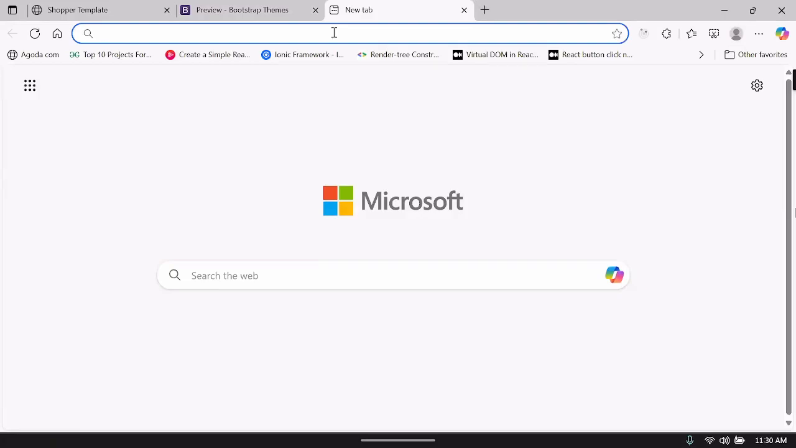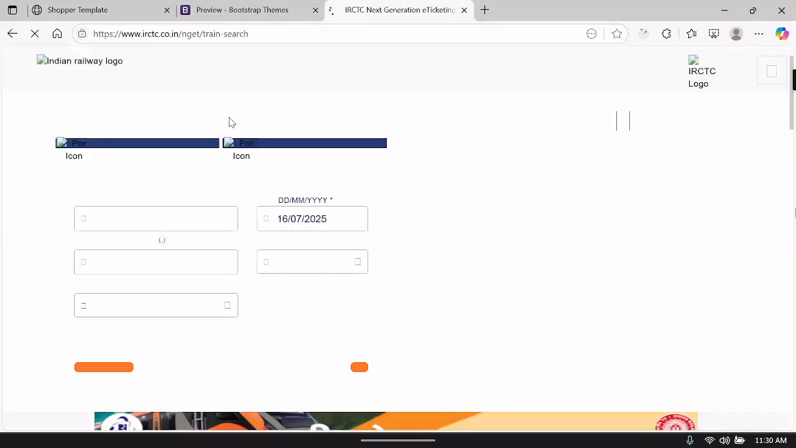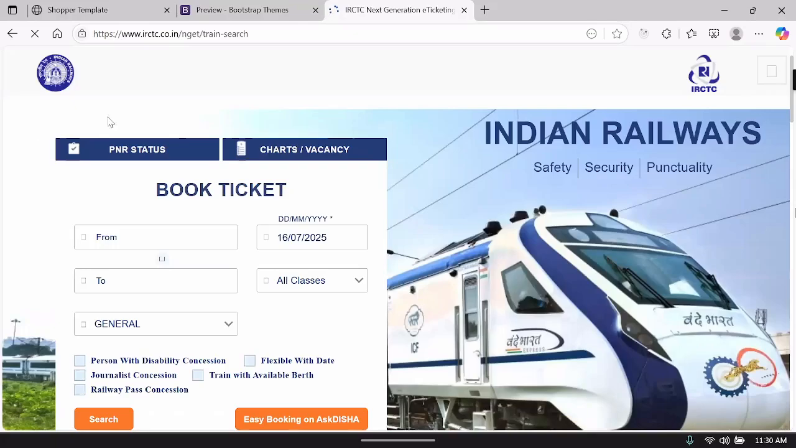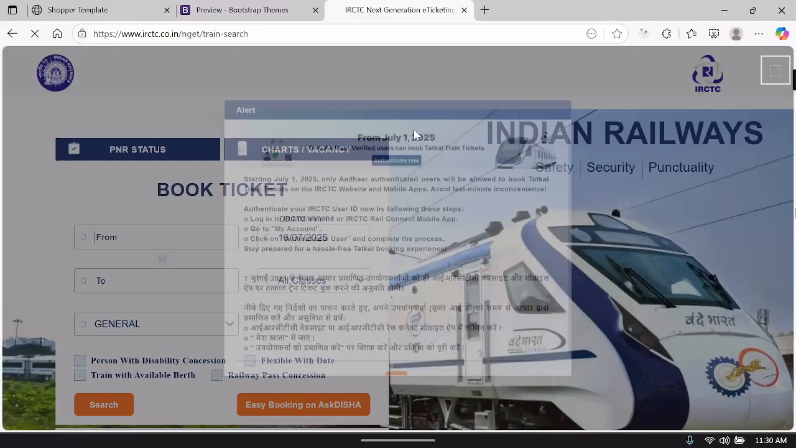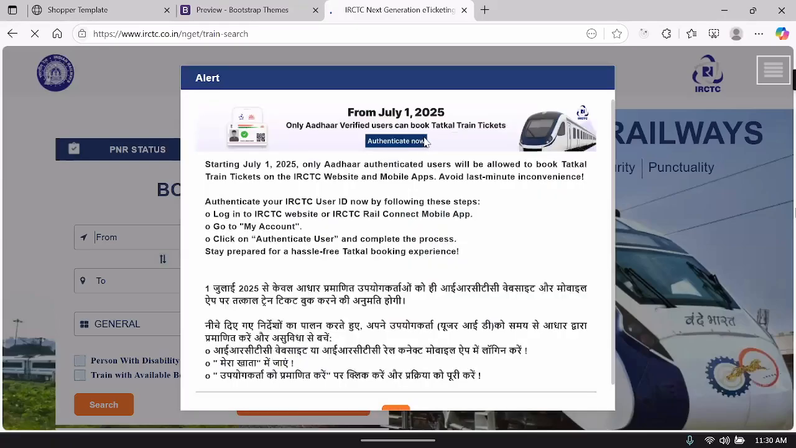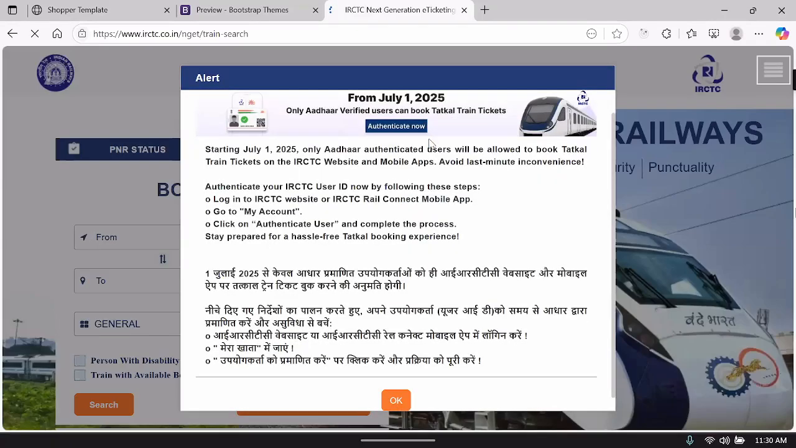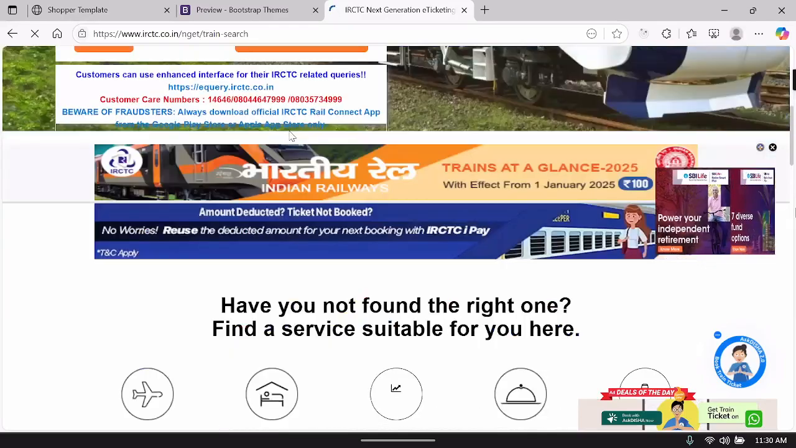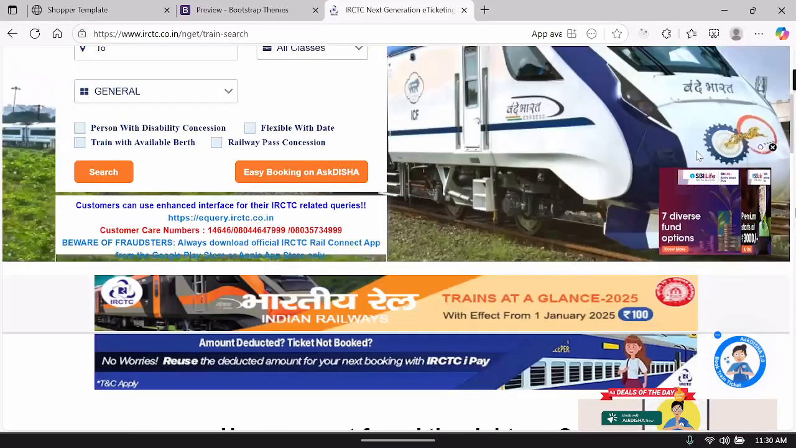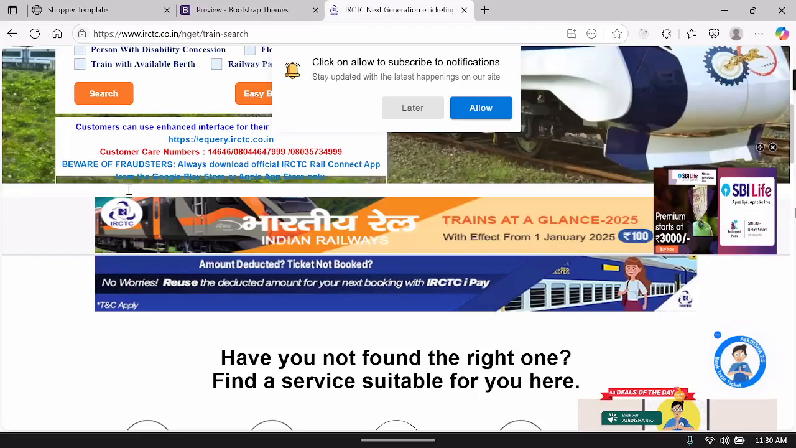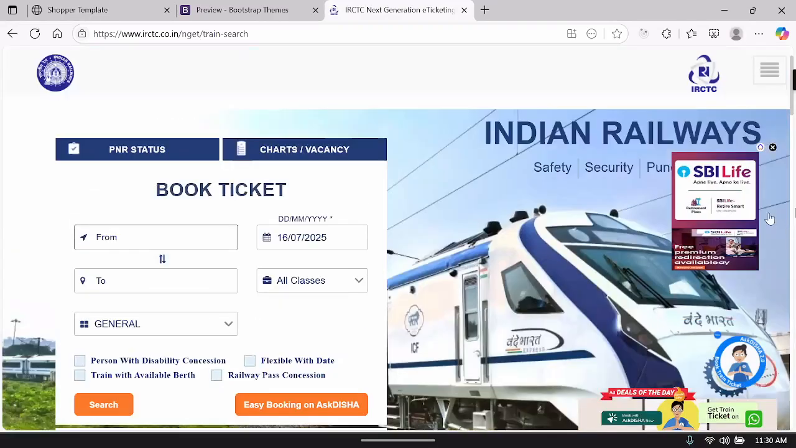like IRCTC. This is the IRCTC website. When I open this IRCTC website, you can see this is the website. And you can see in this website, you will see this area. That means some latest news, anything is present. Let's scroll up and down here. You can see these are, this is what